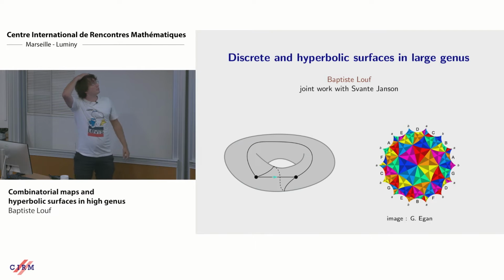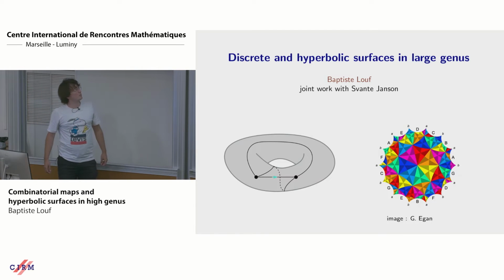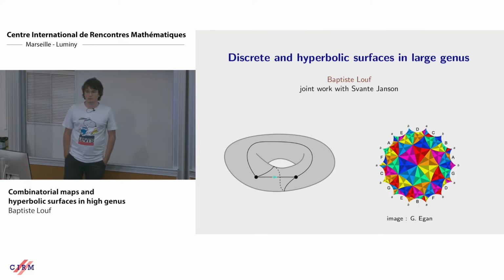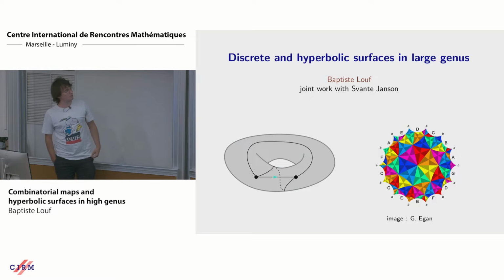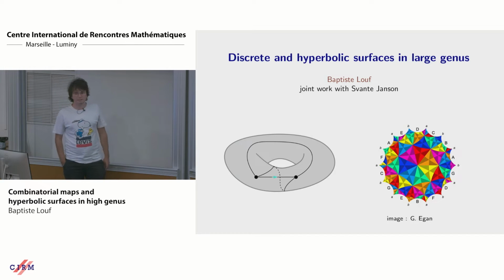So as Guillaume told you, I'm going to tell you about hyperbolic surfaces in large genus compared to combinatorial maps. I'm sorry, my computer died today, so there are still a few typos in the slides, including the title. So if you're bored, you can spot the typos in the slides. This is joint work with Svante Jansson, who is in Uppsala in Sweden, but I need to thank a lot of people, especially in this room, for very enriching discussions who made this talk, well, definitely less naive and